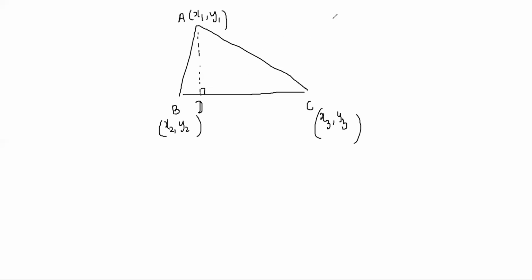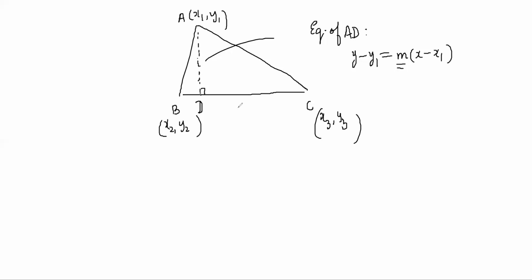So he's saying, I want the equation of AD. The equation of AD will look something like this: y minus y1 is equal to m into x minus x1. We need the slope of line AD. So slope of line